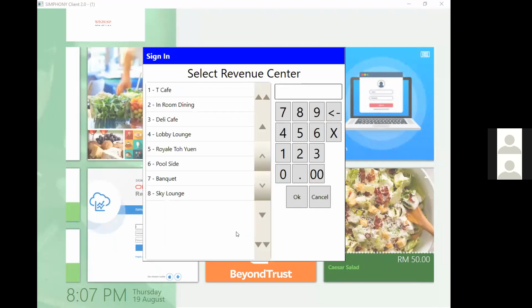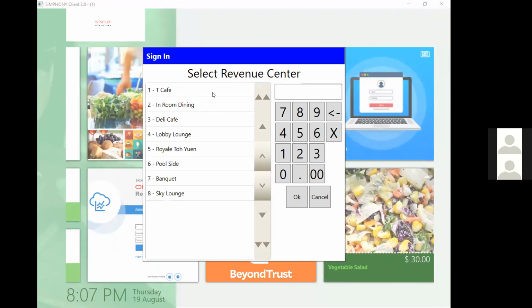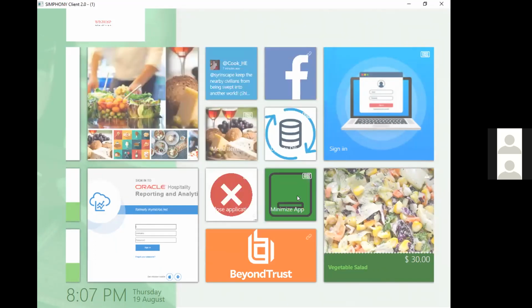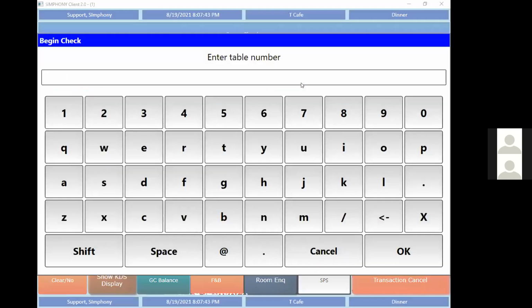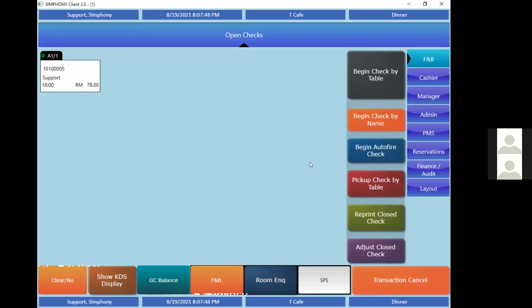You can click on the sign-in tab, click on the RVC you want to sign in on, and just click OK. It will take you to the transaction screen. After going to the transaction screen, of course, you can perform whatever transaction you want. Let's say if you want to create a check, you can just click on begin check by table, and going forward, you can proceed to the rest of the functions.